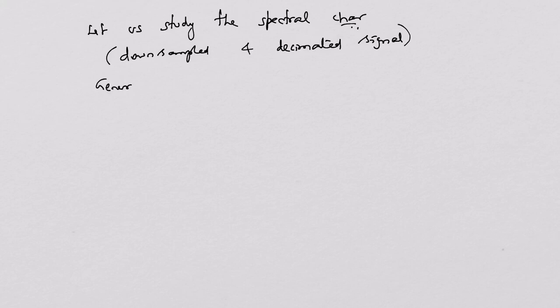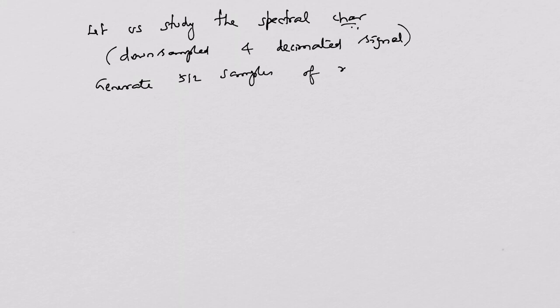Let us study the spectral characteristics of multi-rate systems, particularly downsampled and decimated signals, using a Matlab program. Let's generate a sequence with 512 samples